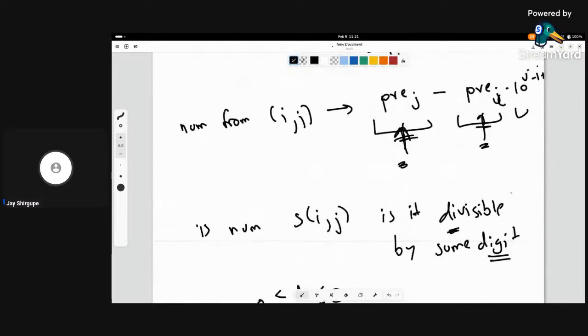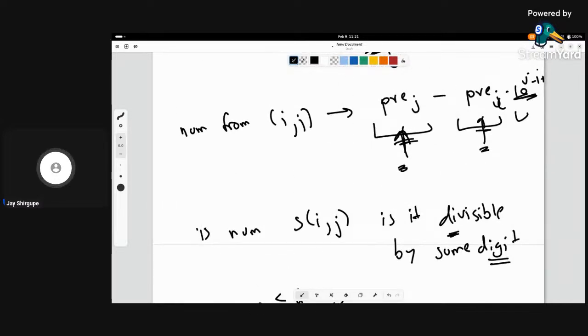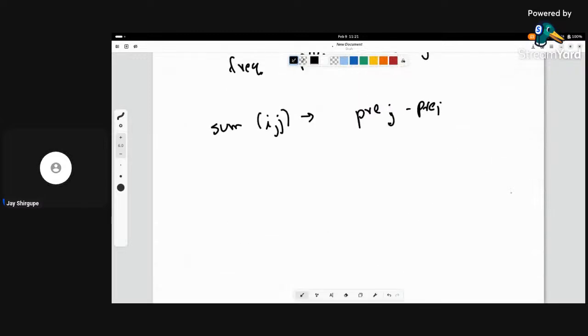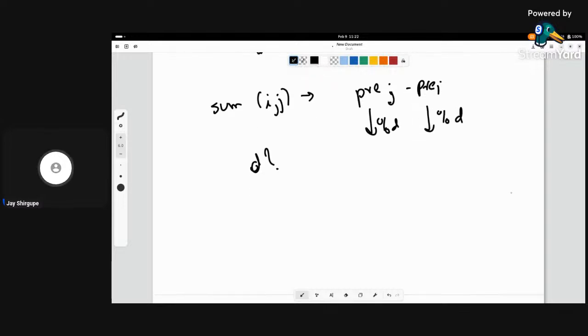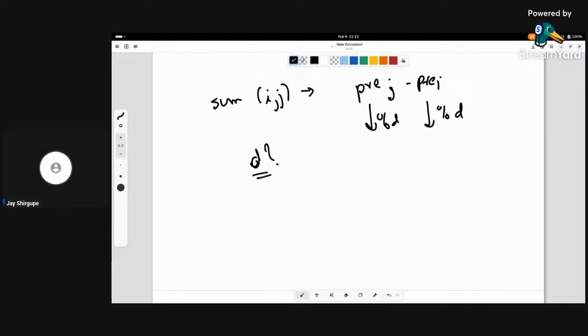And let's just say that we have also updated our prefix of I such that this thing is included in prefix of I. And when is this thing divisible by d? That's the question we are asking. What we can do is store this value modulo d. We can store these values in our array modulo d. And in that case, this sum